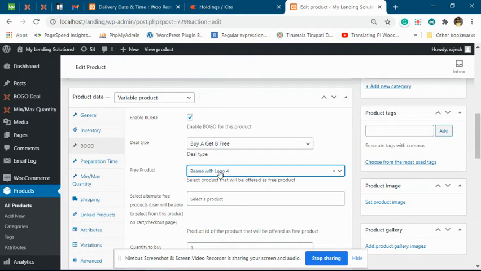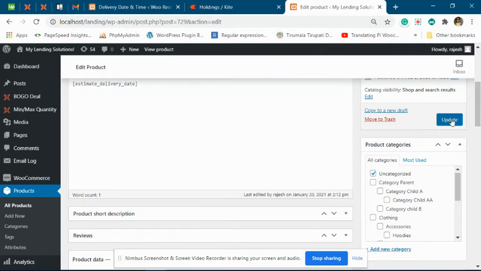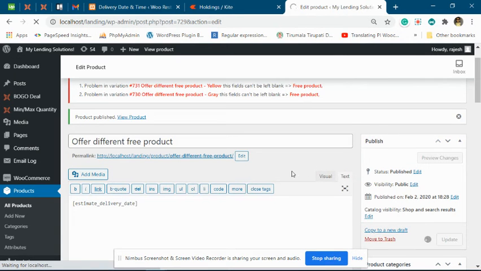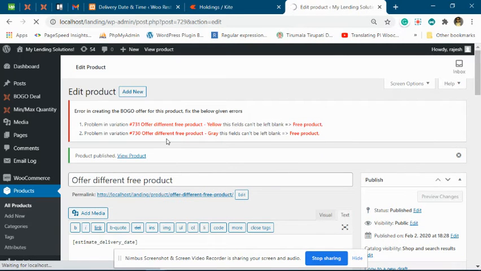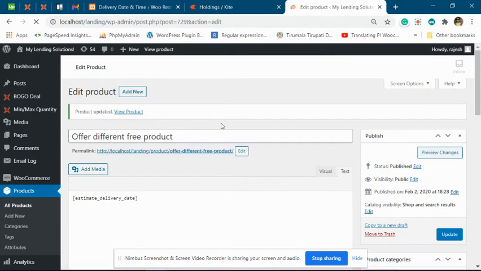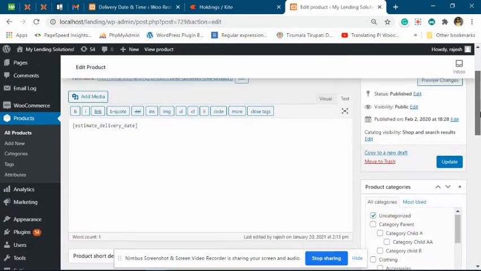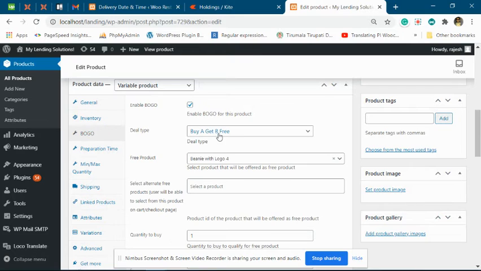So now when we specify it over here, all the child variations will take this value from here and the warning will go away. The warning has gone as the offer will now be running using this product for all the variations.